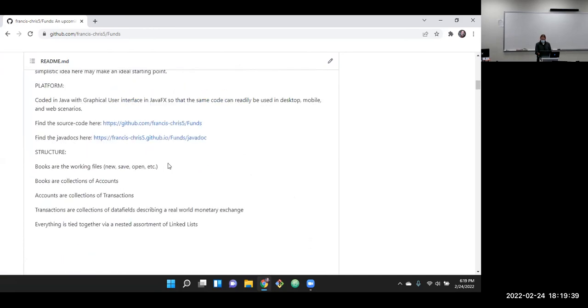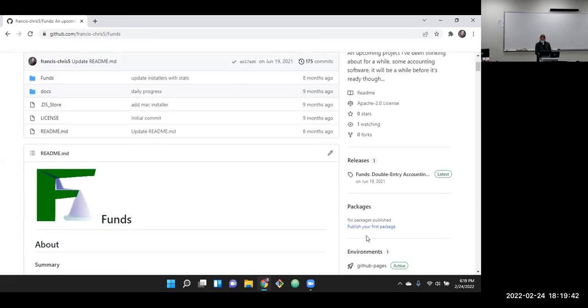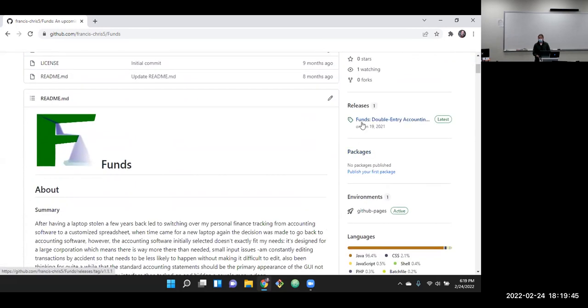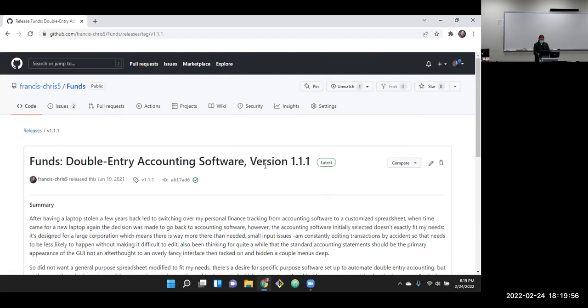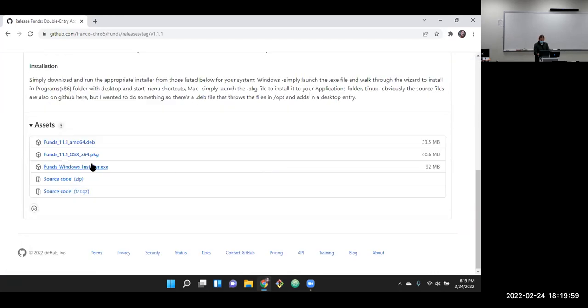So on GitHub, there is this actual release. And y'all have probably seen that before. You heard about some software and go to get it, and it turns out you get it right from GitHub. It's a place where we can do that. So this one has an exe installer for Windows, a PKG installer for Mac, and the same thing would apply. It needs to know what other libraries to run. This particular one's in Java, so it needs at least Java 11, I think, 11 or higher.